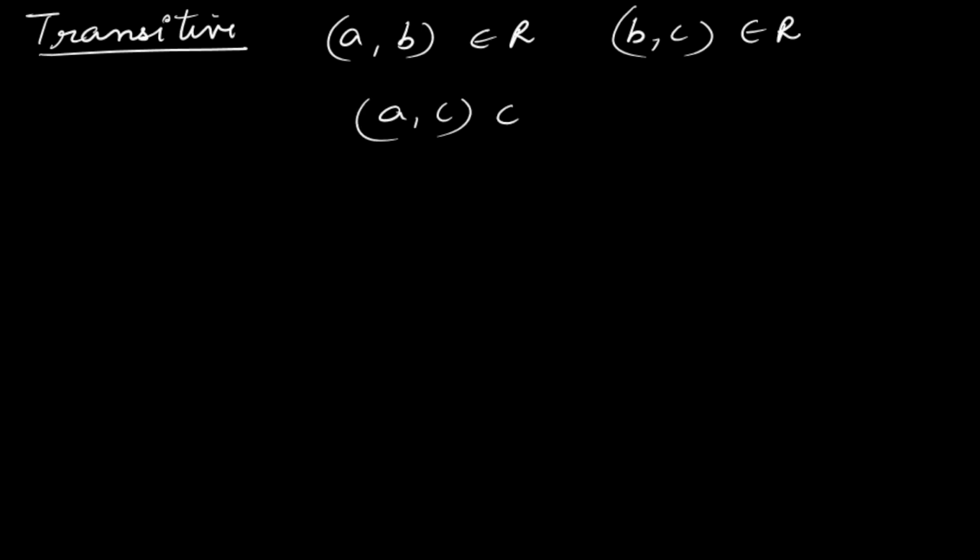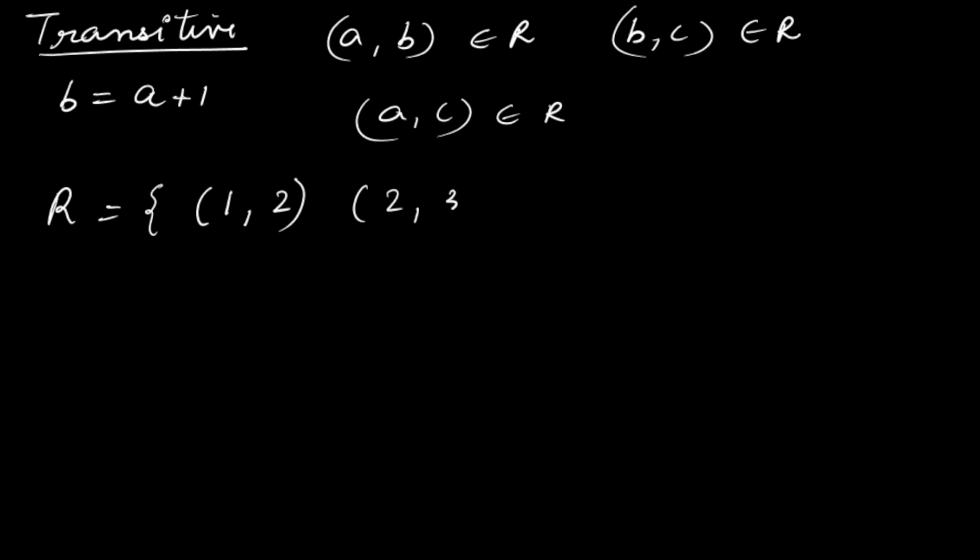So for transitivity, we know if A comma B belongs to R and B comma C belongs to R, then A comma C should also belong to R. So let's check. From the given set only we have to write the ordered pairs. So A comma B means, you have to remember B is equal to A plus 1. So I will have this type of ordered pair. Suppose I have here 1 comma 2 and 2 comma 3. See these two, they are satisfying this. So first one is A, second one is B.